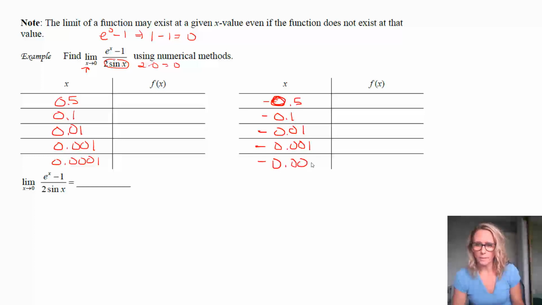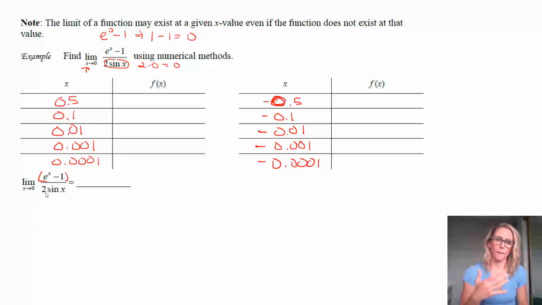So do make sure you're in radians if you're using your calculator here and testing some of these values. You want to make sure that your calculator is doing the numerator by itself and then dividing by what you have in the denominator. That's kind of a key thing. So make sure that you can either use a fraction bar or parentheses to make sure your calculator is doing the right thing.